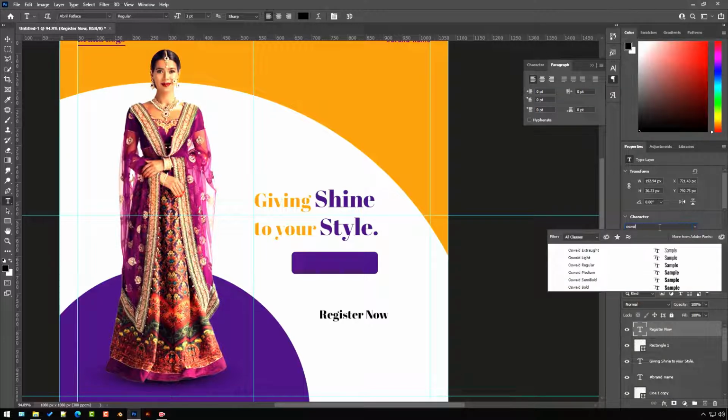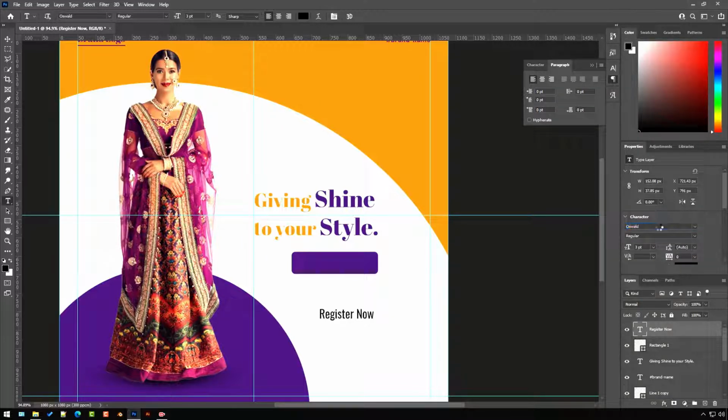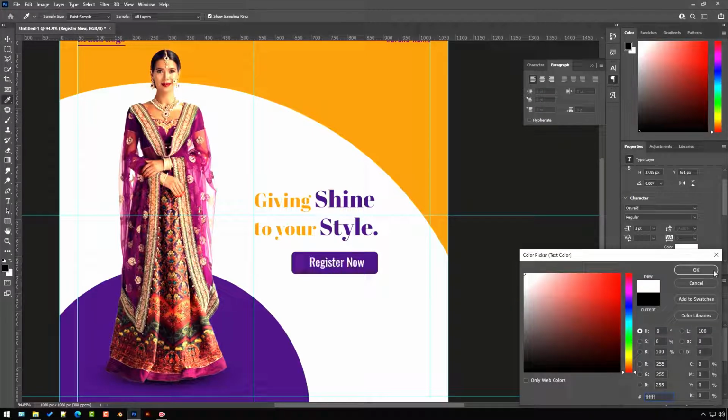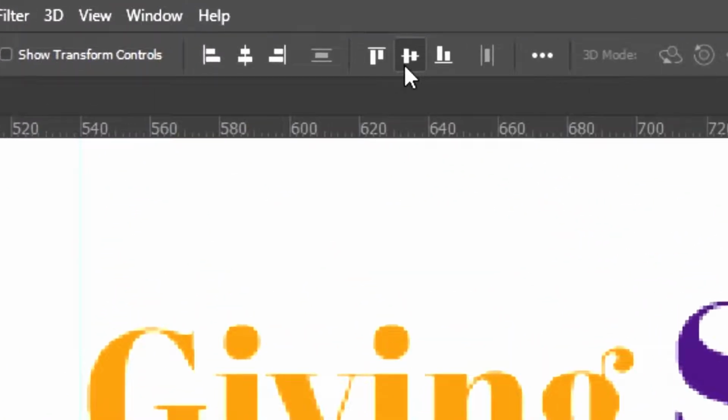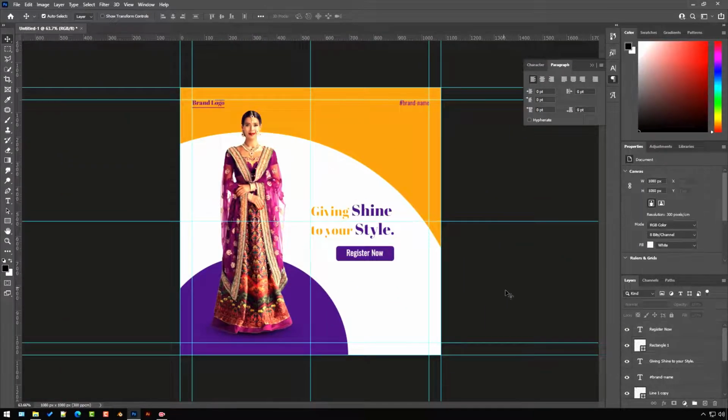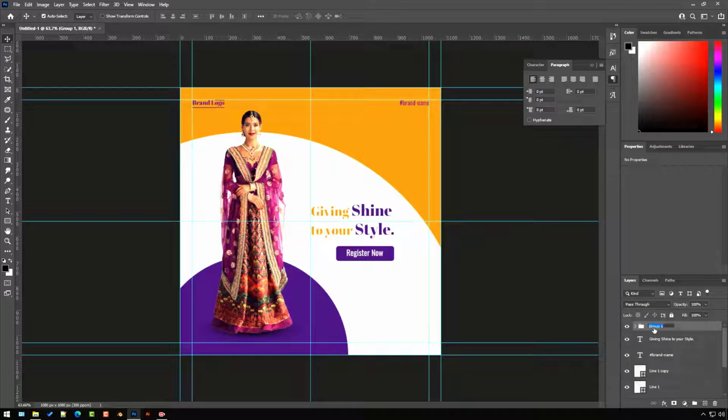The font I am using here is Oswald Regular. I press Ctrl G to group them and rename it as button.